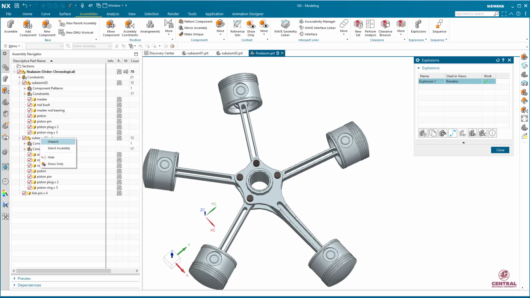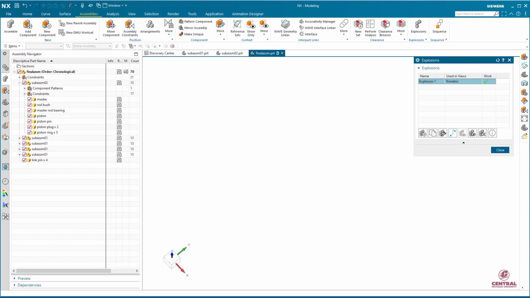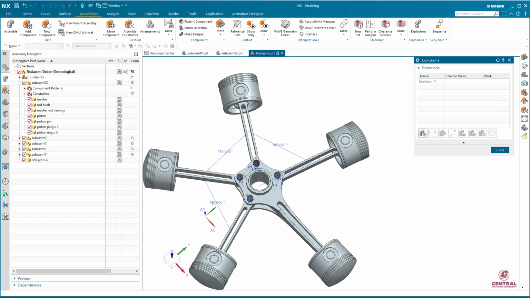So I am going to actually unpack it. You can see its sub-assemblies have been separated now, right? So sub-assembly 1, 2, 3, 4. This whole sub-assembly I need to move. So I am going to go back, double click. Then if I choose the component,